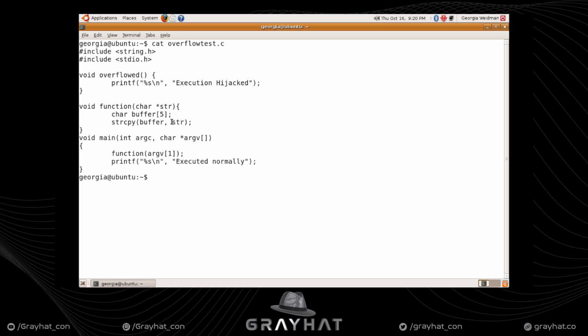So, again, we could use that properly. We could do bounds checking ourselves. We could just add in a little bit of code that checks to make sure our input is less than 5 characters. But in this case, the developer doesn't do that, so that is going to be our simple buffer